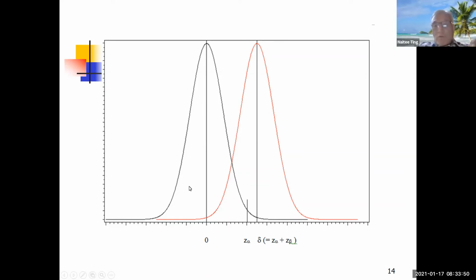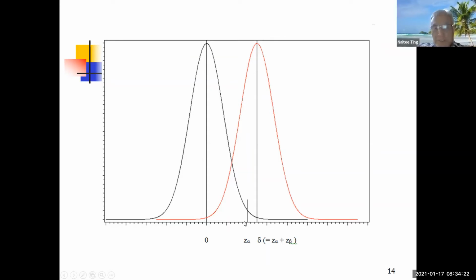spread is getting narrower and narrower when you increase sample size. So you keep on increasing sample size. When you increase sample size, your distribution becomes sharper and sharper, right? When you increase sample size, this point is increasing up to here, and this point is increasing up to here. At what sample size do I stop? When my sample size arrived at this point,